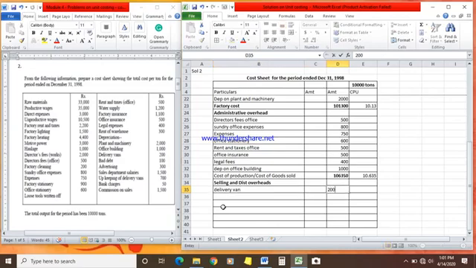Then we have advertising 300, sales department salary 1500, upkeeping of delivery van 700,